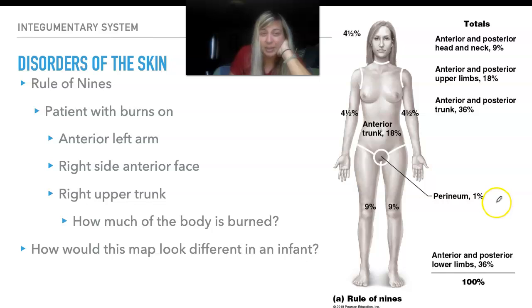So the rule of nines splits the body up into different areas, and different areas